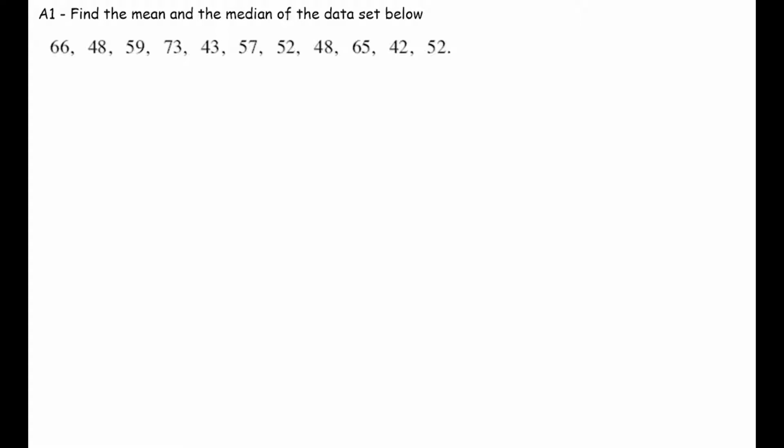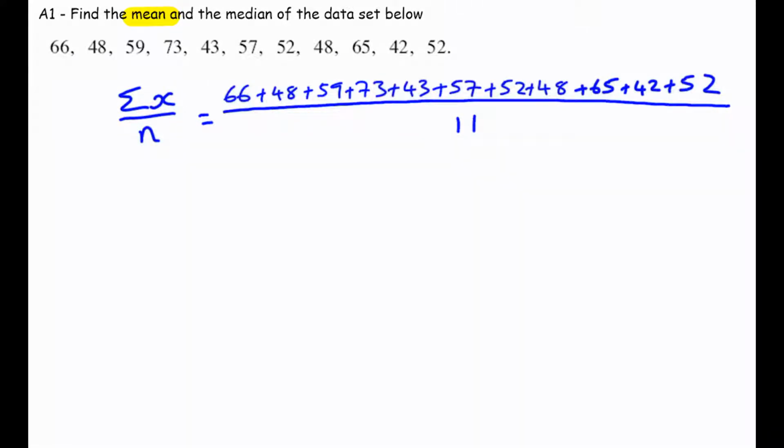Okay, so the first section asks you to find the mean and the median of the data set below. For us to find the mean, we're going to need to sum up all of the pieces of data that we currently have and divide by how many there are. So the general formula for that, if you recall, is to find the sum of all of the individual data items and divide by how many there are. Okay, so we're going to sum up all of the values that we have there and we're going to divide by the count. The count is how many of them were there to begin with. Well, there were 11, so this sum in the numerator, all divided by 11,